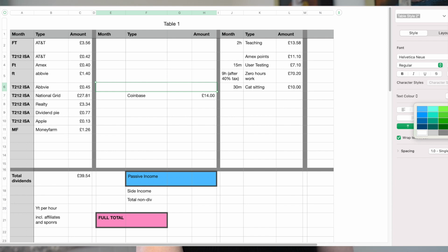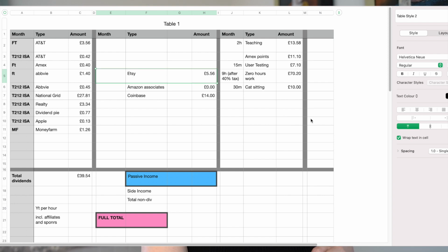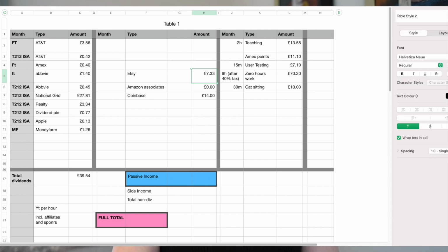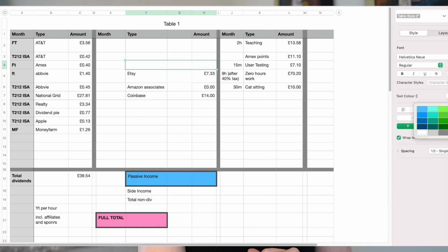Amazon Associates was 0 this month, shocker, but that was never a big earner for me anyway. Etsy was not $5.56. Hold on, I don't think I updated that one. Let me just double check. Finances, payment account, view monthly statements. Okay, so Etsy was $7.33, and that is the lowest that it's been in months. But again, I think it is because it is the summer and no one's really thinking about budgeting and sorting out their finances. So a lot less sales last month. Again, purely passive, no time frame there. Bank interest,